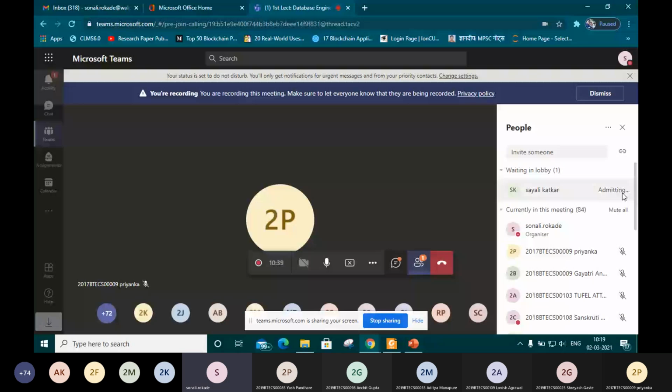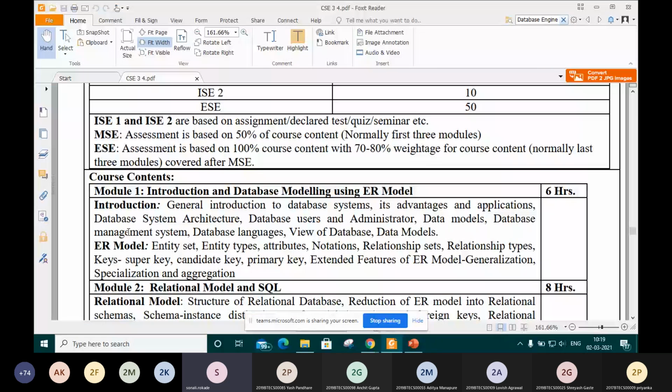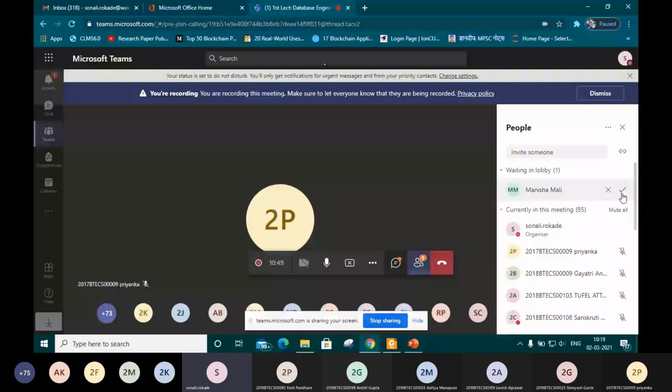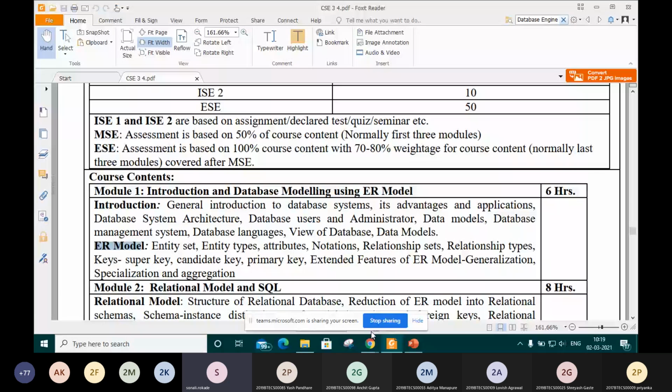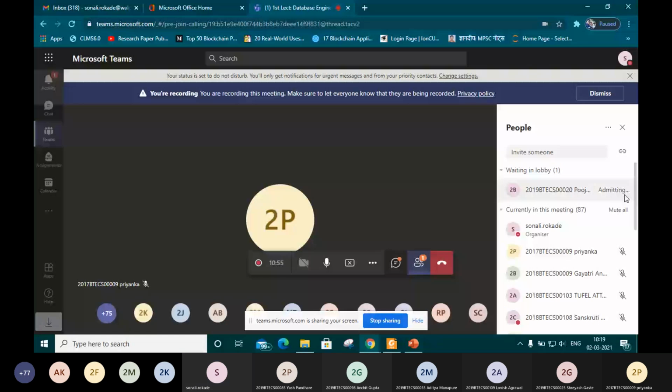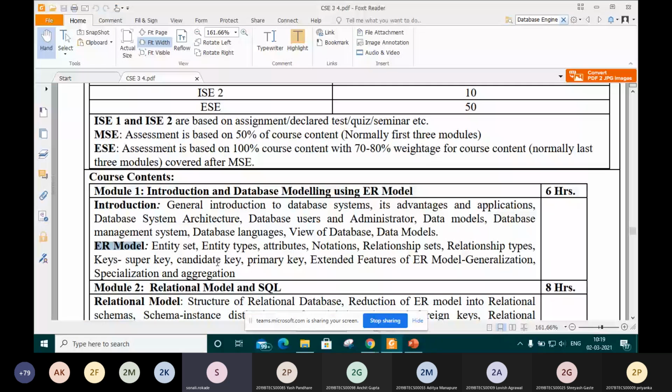This module is divided into 2 parts, the introductory part and the ER model. In the introduction part related to database systems: what is a database system, what are its advantages, and what are the applications of a database system?